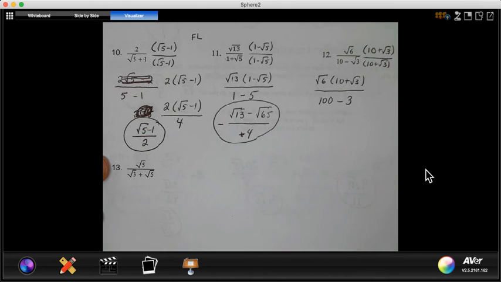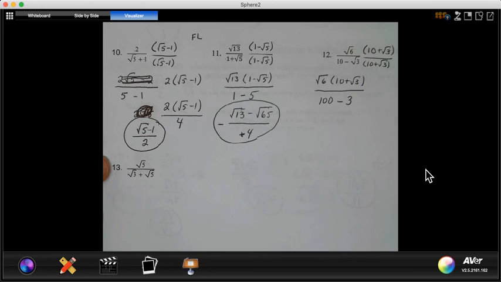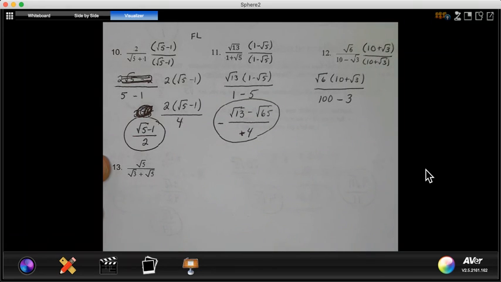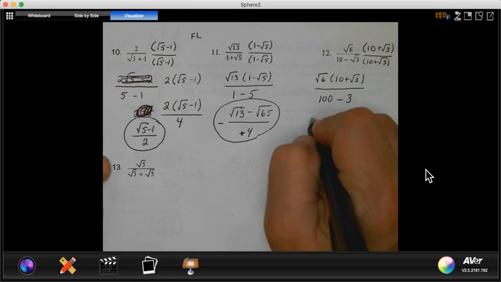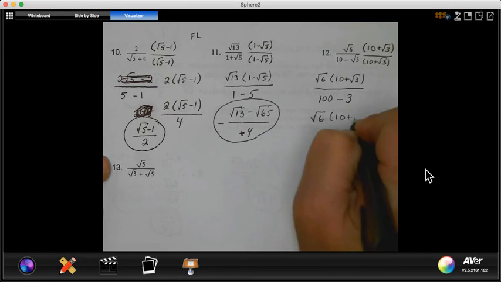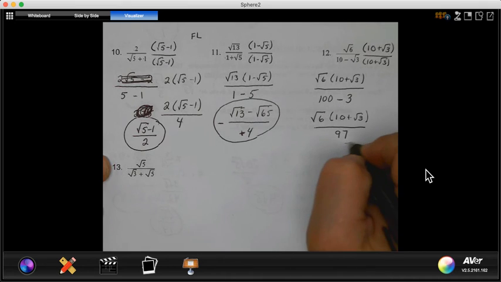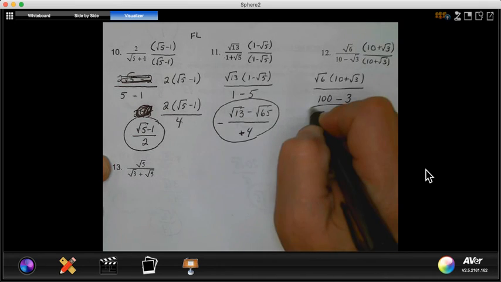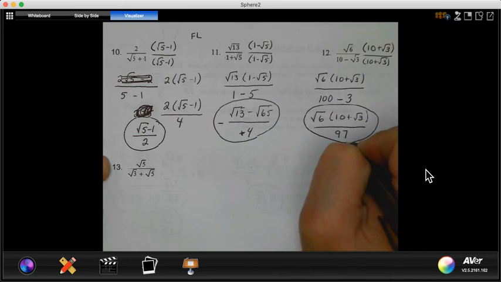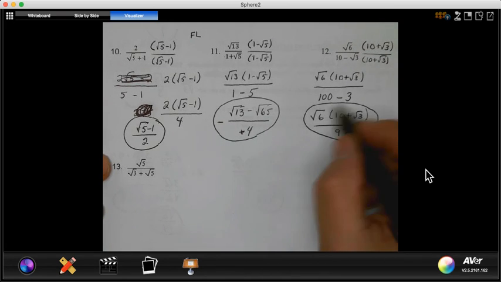Notice the root is now gone, so I can clean up my numerator and my denominator a little bit. I wonder about distributing and making it more work. So if we did this, root 6 times 10 plus root 3 over 97, we could be done, but here's the deal, right? You guys are freshmen. But at some point, you're going to take the PSAT and the SAT. Let's say we looked at that,